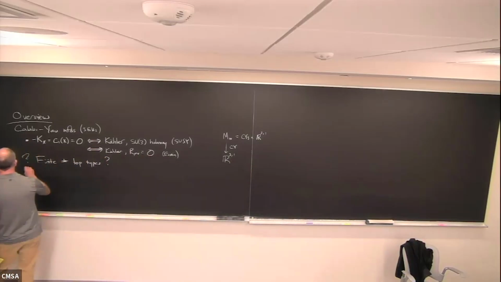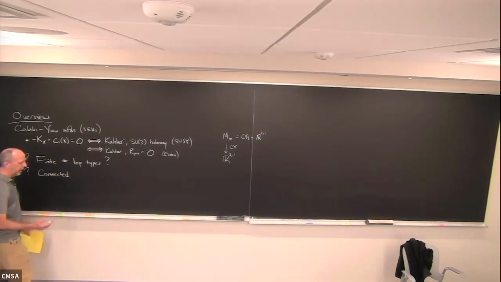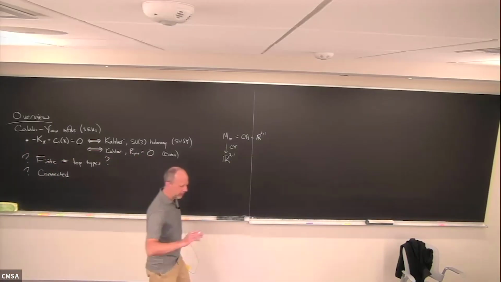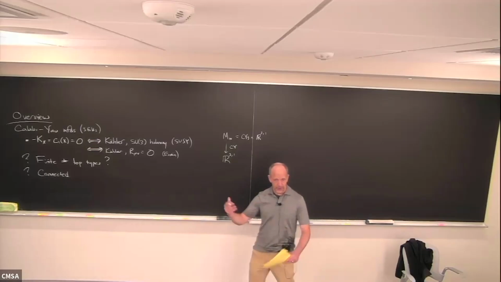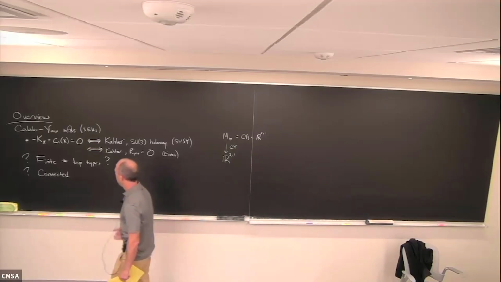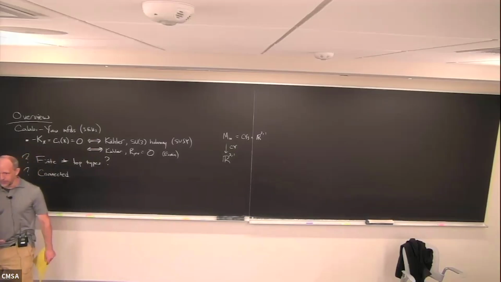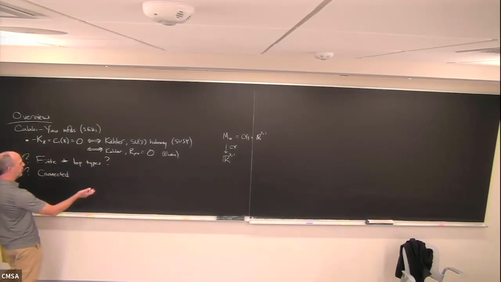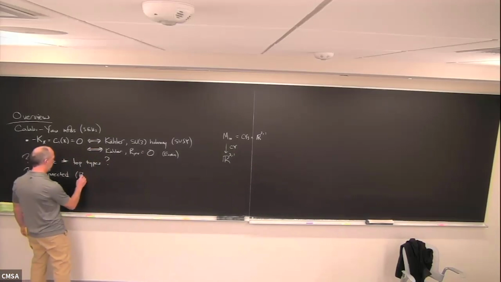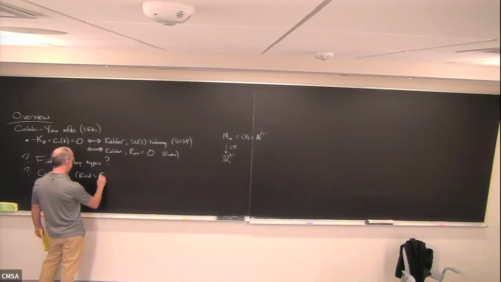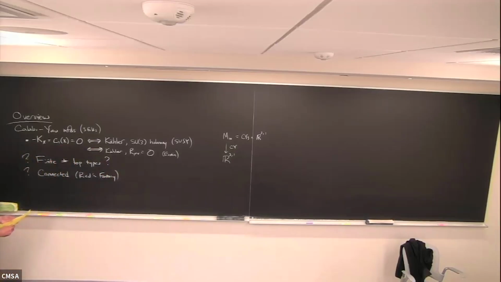The second question is, are they all connected? In other words, is there a big moduli space where you can go from one Calabi-Yau to another by some kind of extremal transition? There are extremal transitions between many pairs of Calabi-Yaus. The general question is, are all Calabi-Yau threefolds, the smooth ones, connected by extremal transitions through singular intermediates into one connected moduli space? This is called Reid's fantasy. And I'm going to talk a little bit today about each of these questions.